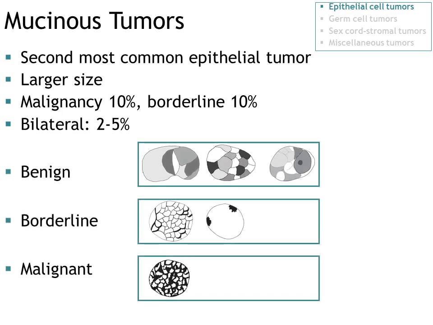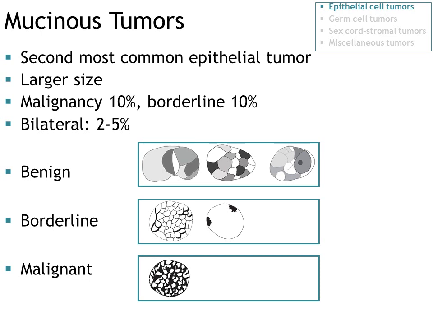These are patterns of benign mucinous tumors, multilocular cystic mass with thin septa and various contents of locules. These are patterns of borderline mucinous tumors, also multilocular cystic pattern with slightly thick or irregular septa, or less commonly a pattern of unilocular cyst with papillary mural nodules, which is exactly the same as the pattern of serous borderline